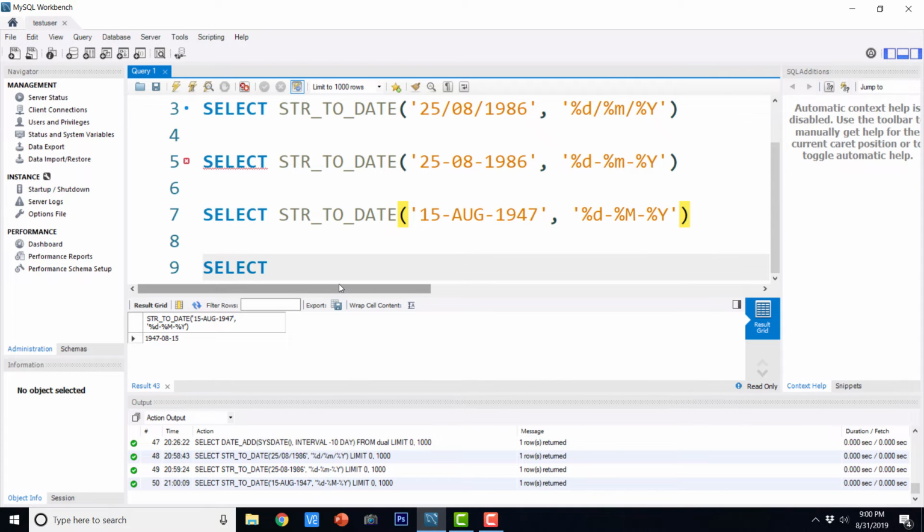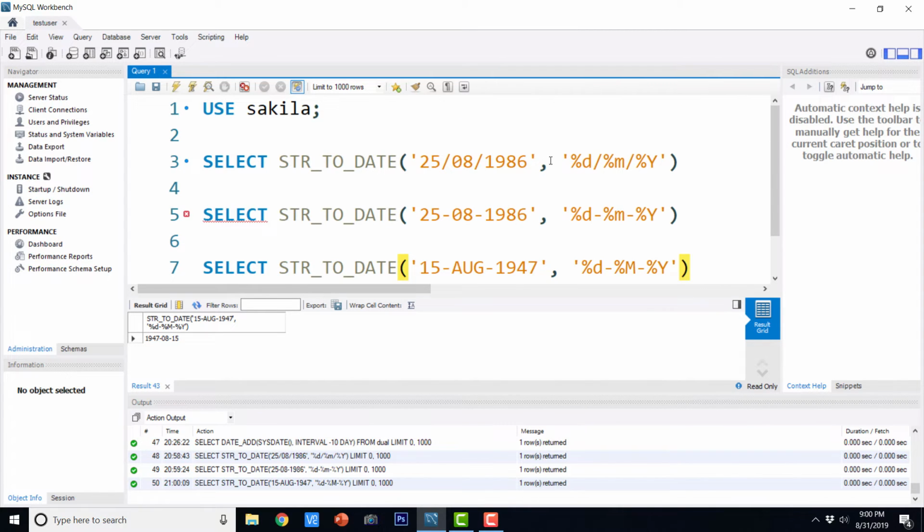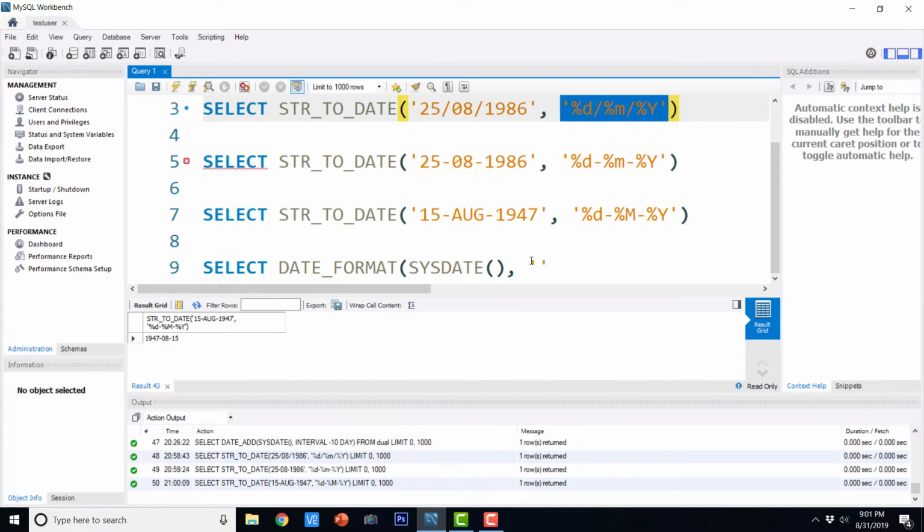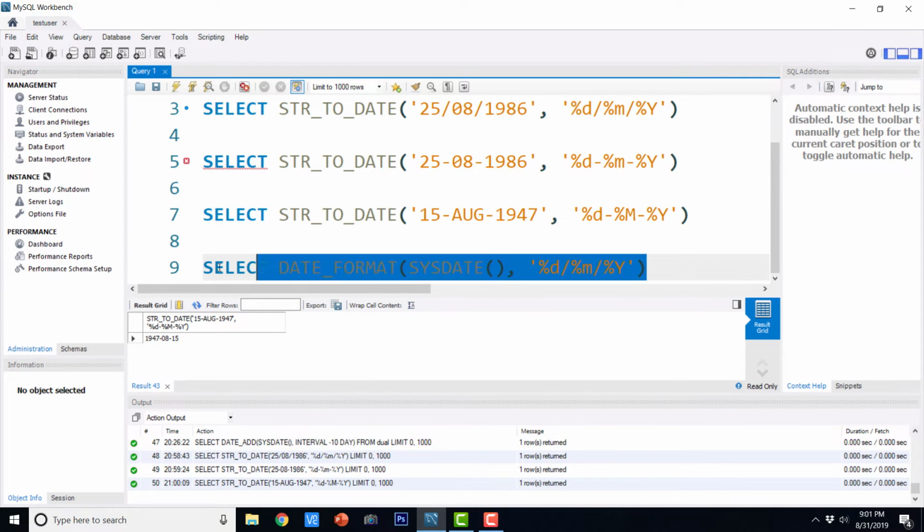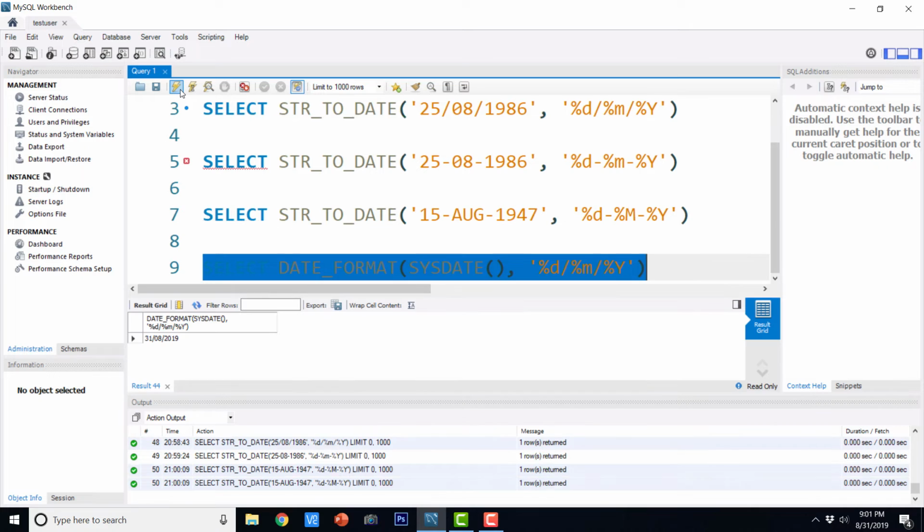Select DATE_FORMAT sysdate, comma, I'm just going to say this. So we are going to see a lot of examples of this, so don't worry. That's it. And if I'm going to execute it, this is the output.